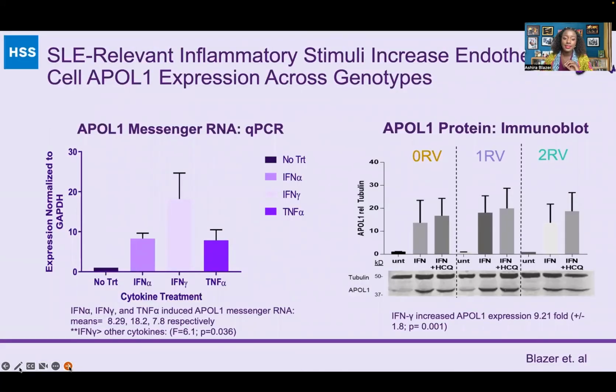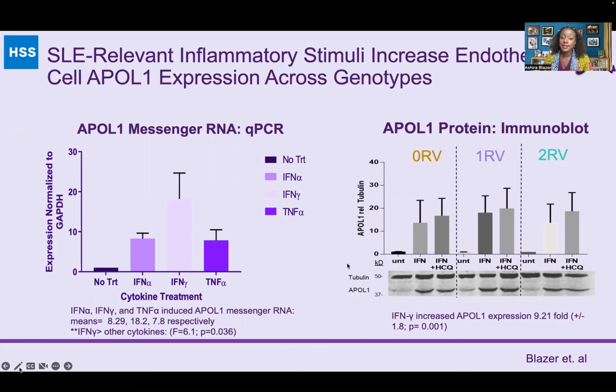So we created these HUVEC cultures representing each of the APOL1 genotypes. And we either left them untreated or treated them with lupus-relevant stimuli, including interferon alpha, interferon gamma, and TNF alpha. And under all of these conditions, we got increased expression of APOL1 and increased APOL1 messenger RNA within these endothelial cells. This happened most robustly when treating with interferon gamma, and so we use this as a reagent for the